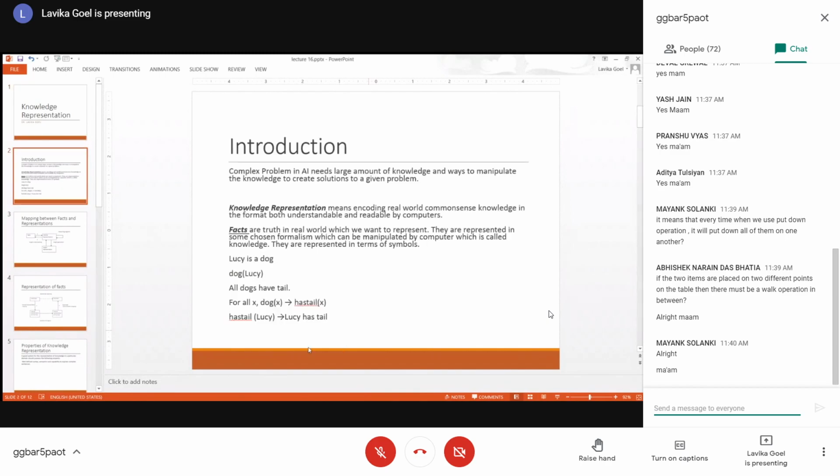As the name tells you, how do you represent common knowledge in an understandable format? It should be understandable by human beings and readable by computers also. Generally, if you write a declarative sentence, for example Lucy is a dog, I'm declaring a fact.